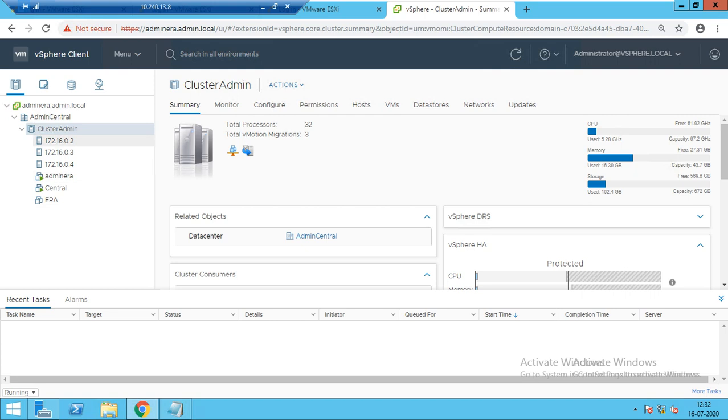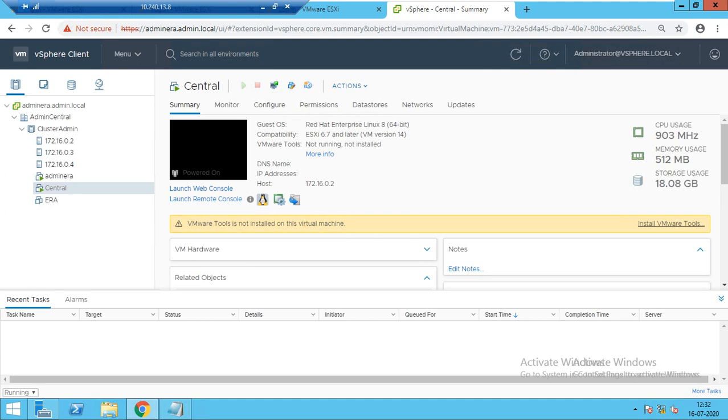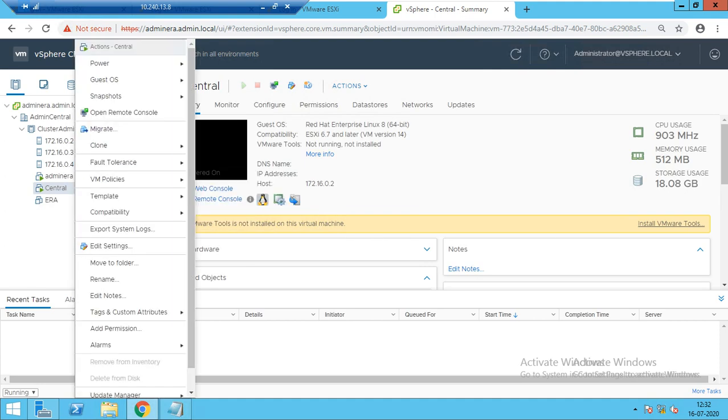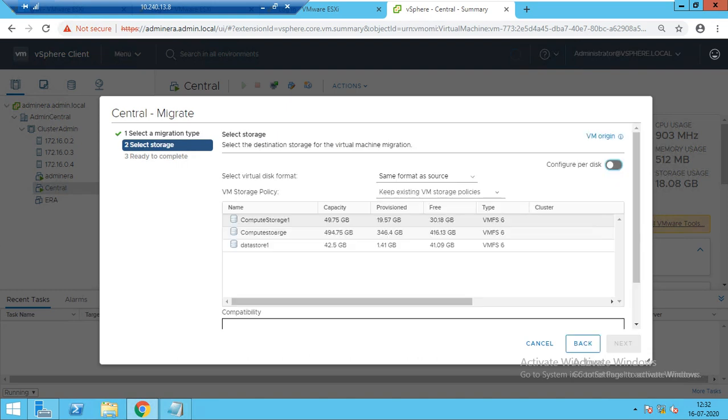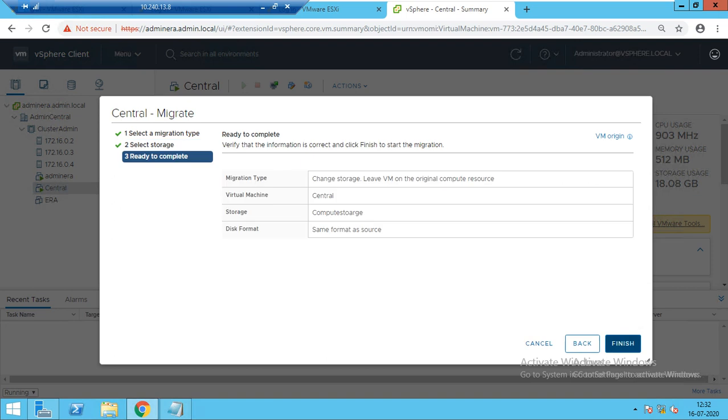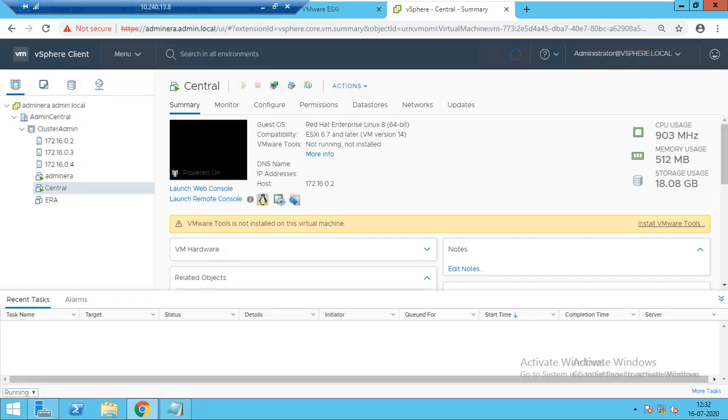Now we'll see how you can do storage vMotion. For storage vMotion, you just click on the machine, right click, migrate, and select change storage only. Next. Now here I have 3 storages. This is my local storage, I will not move there. This is the compute storage, so I'll go with the compute storage, and we'll do next and finish.